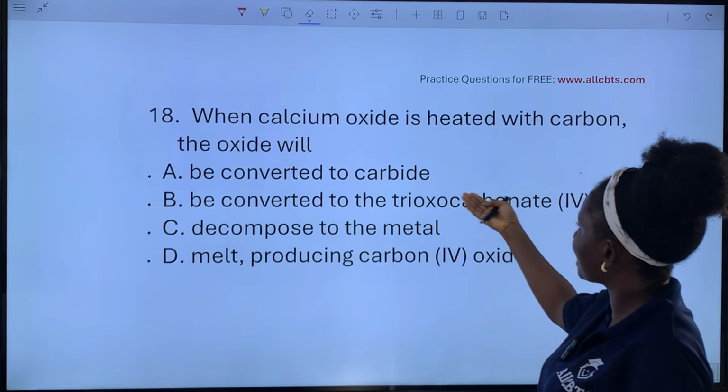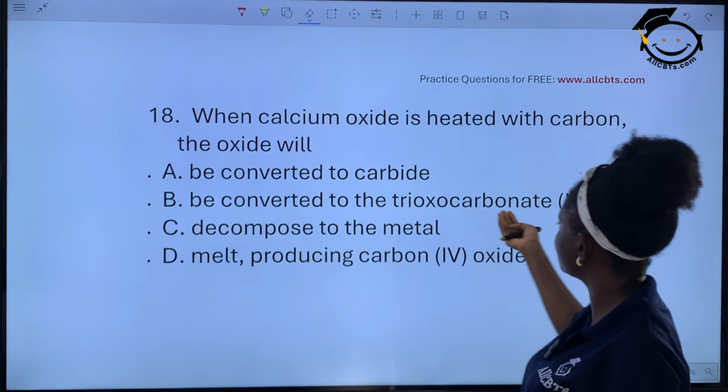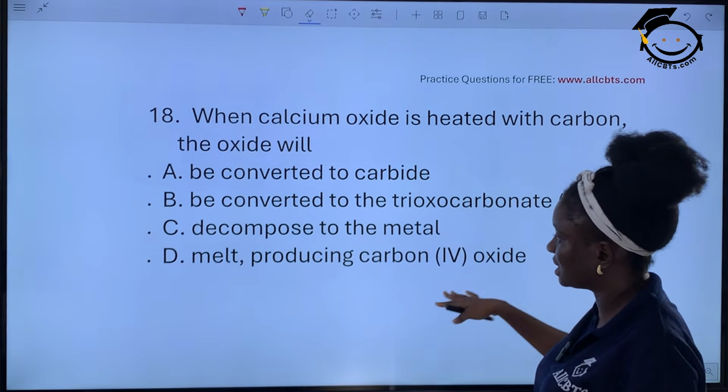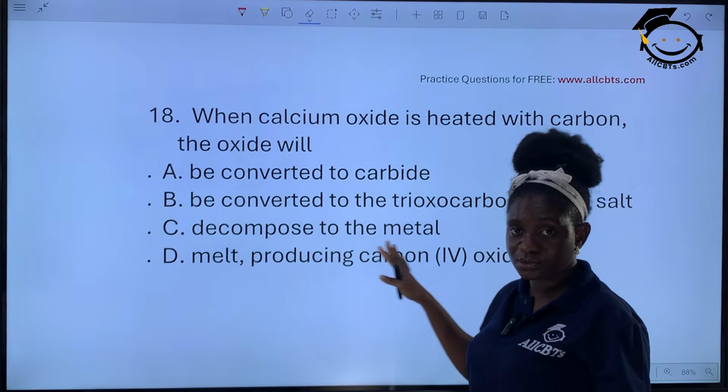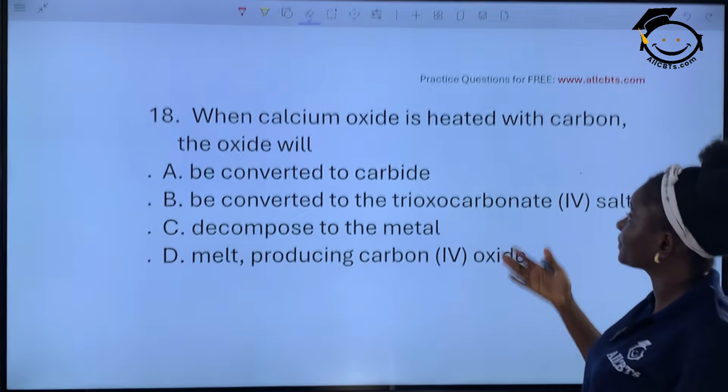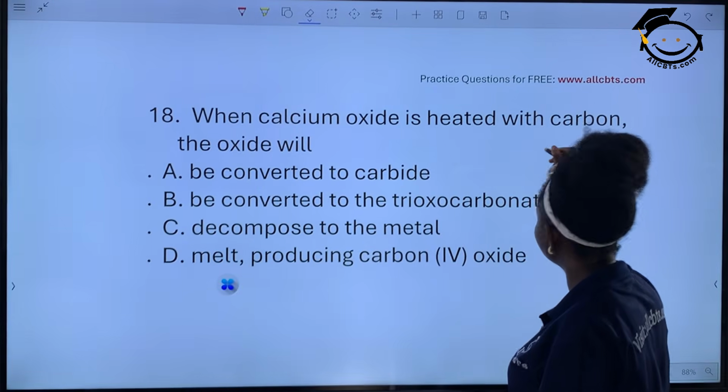A, converted to carbide; B, converted to trioxocarbonate(IV) salt; C, decomposed to metal; D, melt, producing carbon dioxide. So let's see, when we have calcium oxide